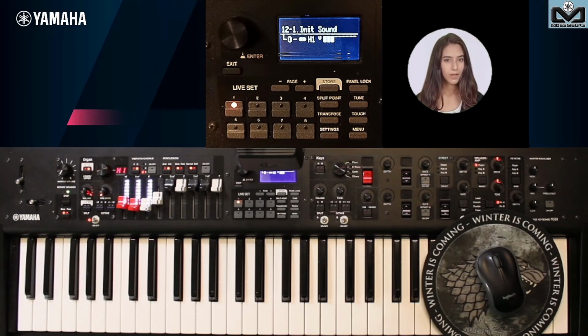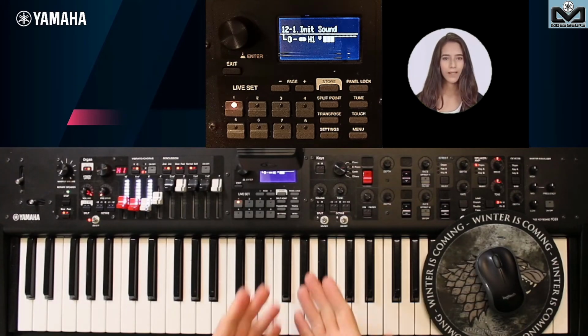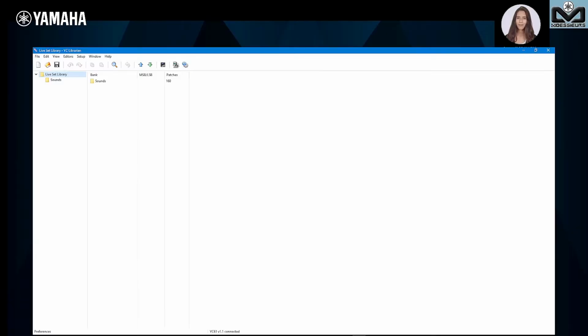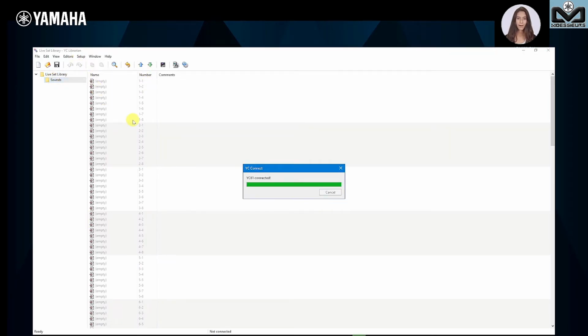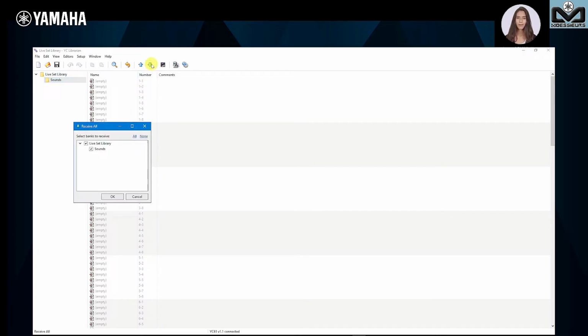Let's also see how to do it with John Mayllaw's Total Librarian. We will create a new file which is an empty file. Let's do setup, auto connect to connect our YC. It's connected, now we can do all live sets bulk dump, which I remind you takes about 2 minutes. Joel speeds up in editing to reduce time for this video.